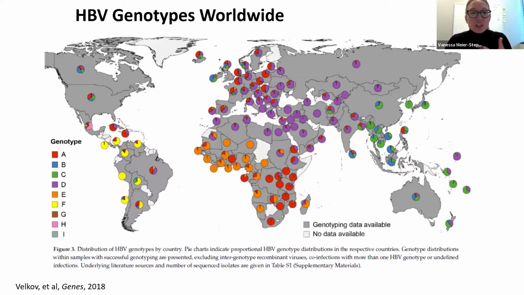Now, the diverse genotypes that we have across Canada are largely related to the diverse populations that we have, immigrant populations, and where the home country of origin is for many of our immigrants. And you can see here that the different genotypes have a very specific geographic distribution in some areas, which makes it quite interesting for being able to backtrace where these different viruses may have come from.